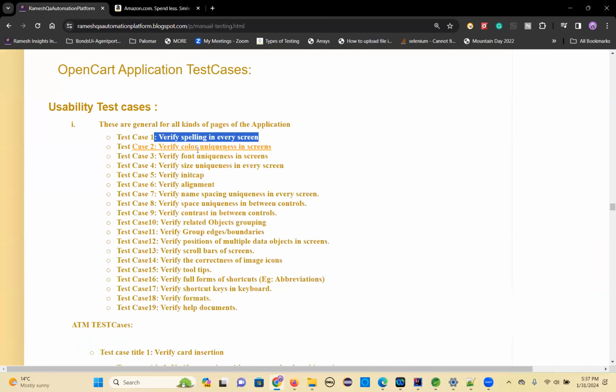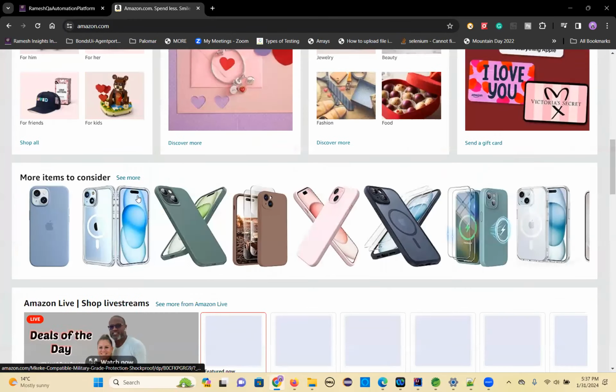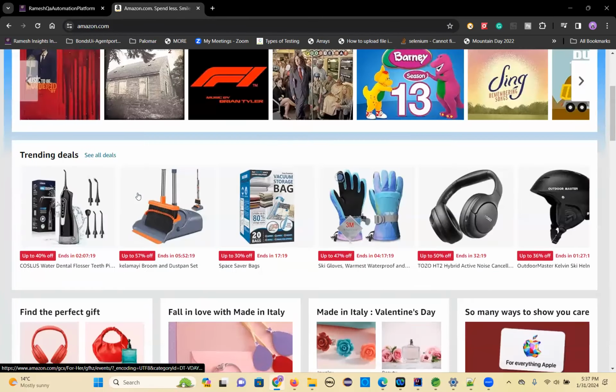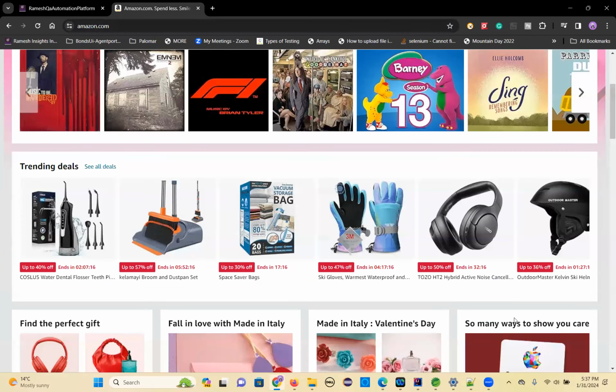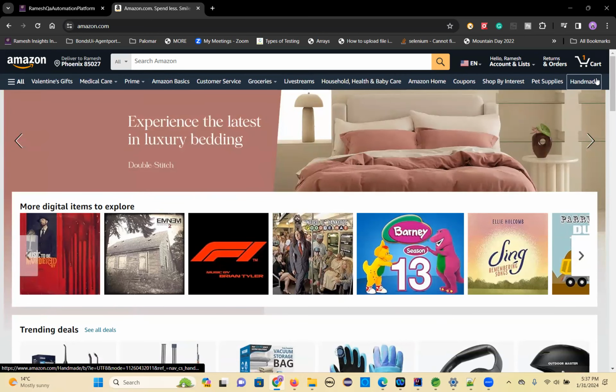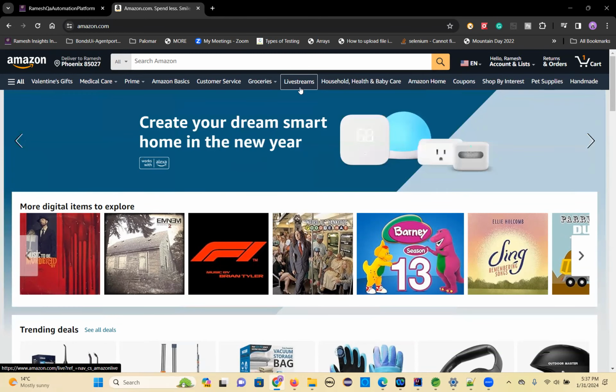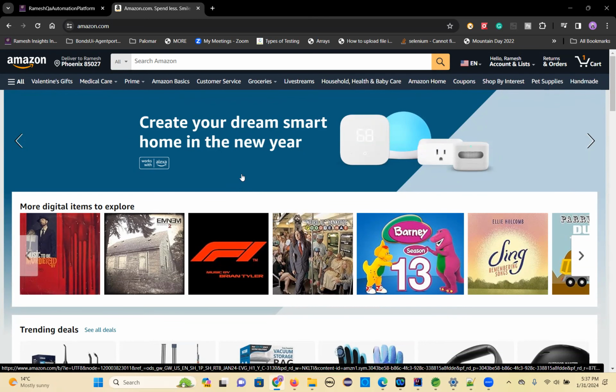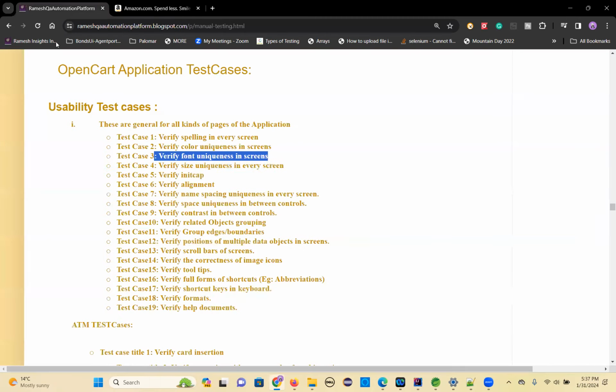Another test case. And next one is font uniqueness. So you can see the font size, so the headings, see same font size, unique, right? And these headers, this menu text is also similar. They are maintaining the uniqueness. So that is the one you need to check. The color uniqueness and font size is same for all a particular group of elements, and you have to check this. One more,